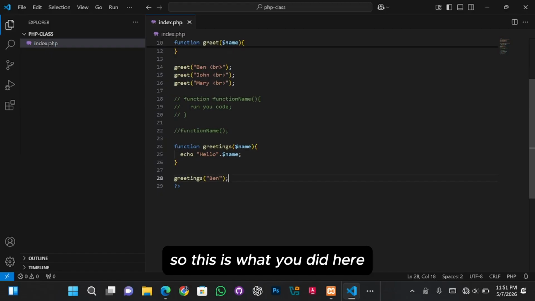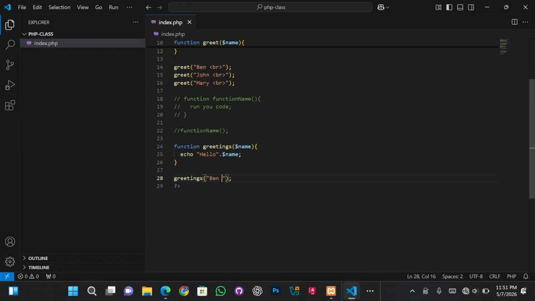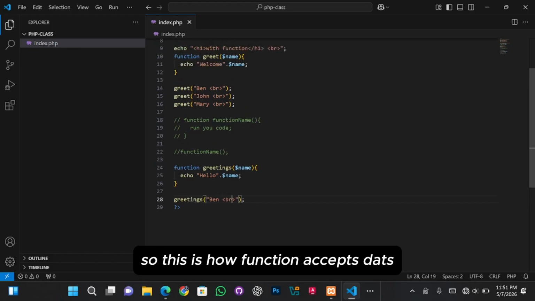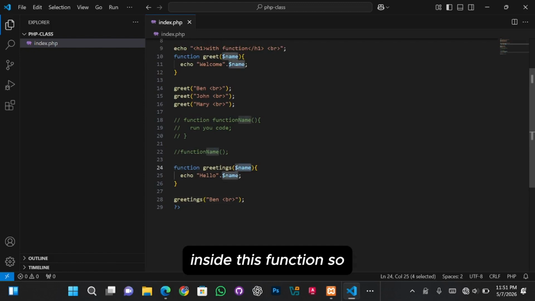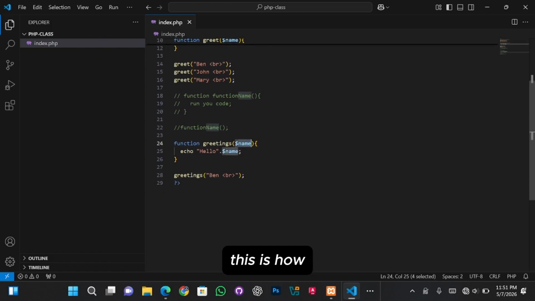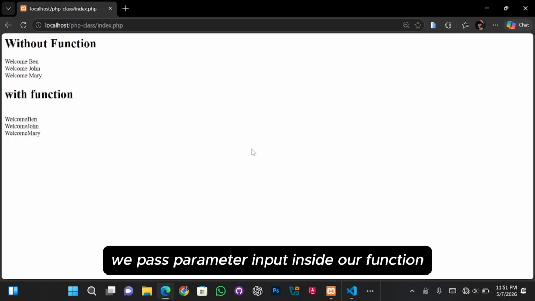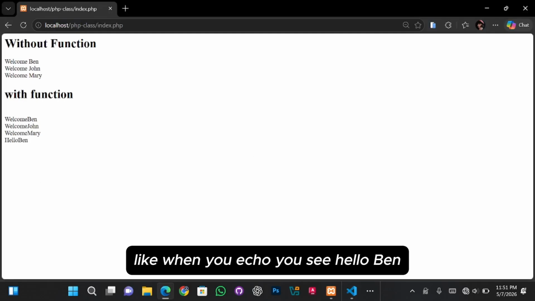So you see what we did here. So this is how a function accepts data. You can pass parameter inputs inside your function. So this is how we pass our variable inside this function. So this is how we pass parameter inputs inside our function. Like wherever you see hello then